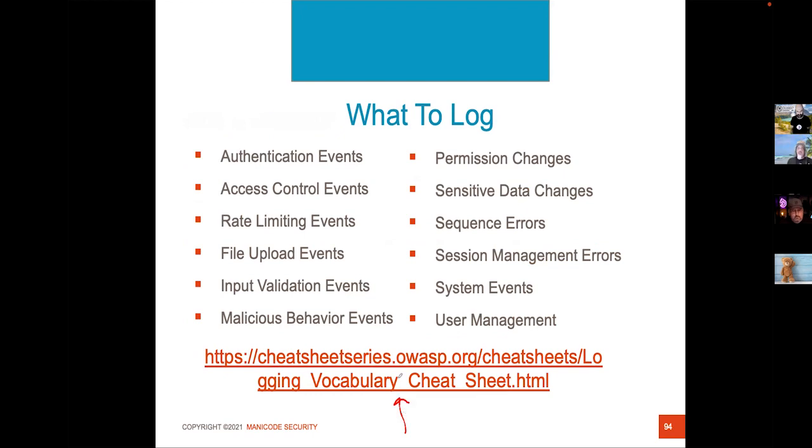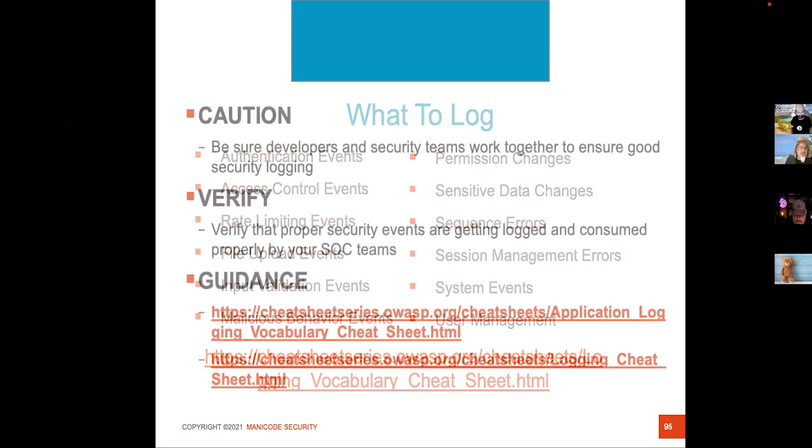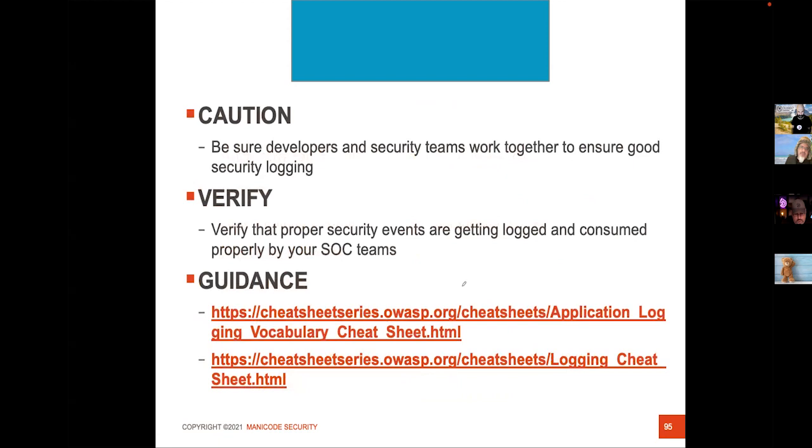Get your developers and your operation team together, agree on what should be logged from a security point of view, look for those events, and now you've got some good logging going on from a dev point of view. We want to make sure that our operation team is able to deduce what is and is not normal from a security perspective. And devs, you can definitely help. This will move up to number 1 in V5. Who knows? And agree on how it's structured so it can be sucked into a SIEM or SOC.